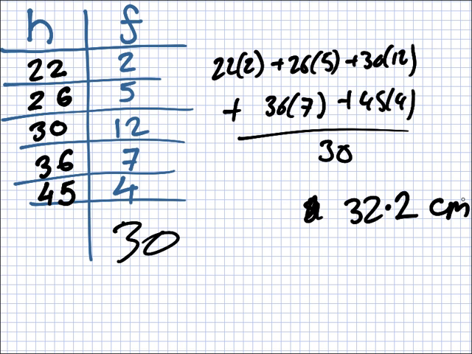Okay, so the next part is, where's the median? Now, if you have 30 people, 30 seeds, whatever, the median will be between the 15th and 16th. So you have 2 people here, 7 people from here to here, or 7 flowers, and 19 from here to here. So the 15th and 16th are somewhere in this one.